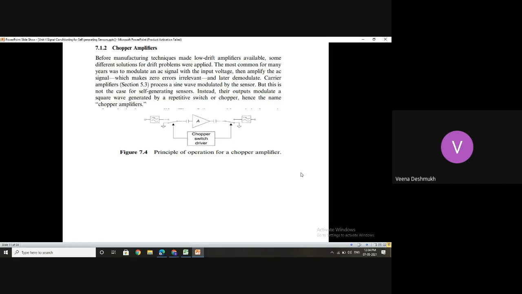Nowadays, you have these auto zero or chopper circuits which are available in IC form. So these ICs, once they are introduced into the signal conditioning network, adjust this DC offset and drift issues to zero, or nullify them completely. When these circuits were not available, these chopper circuits were designed to take care of the DC offset and the drift issues.